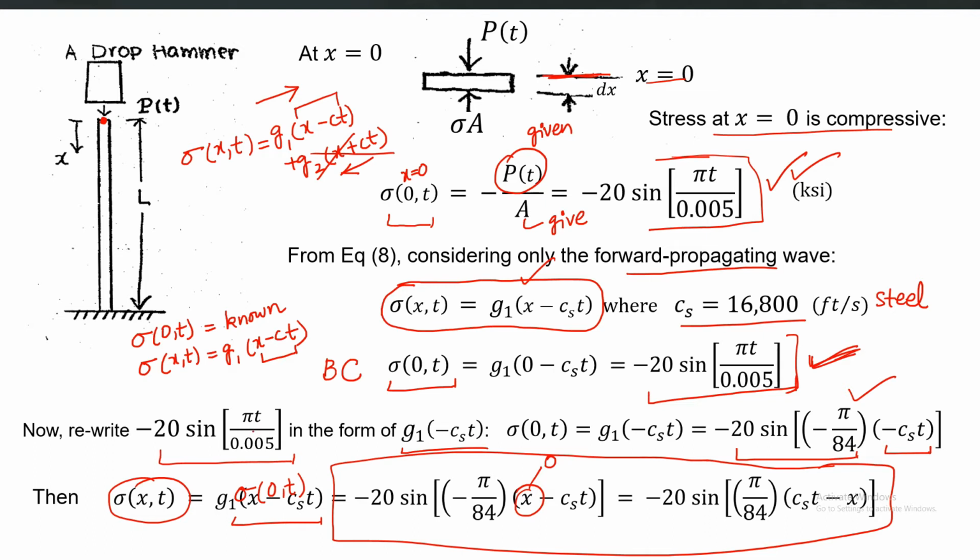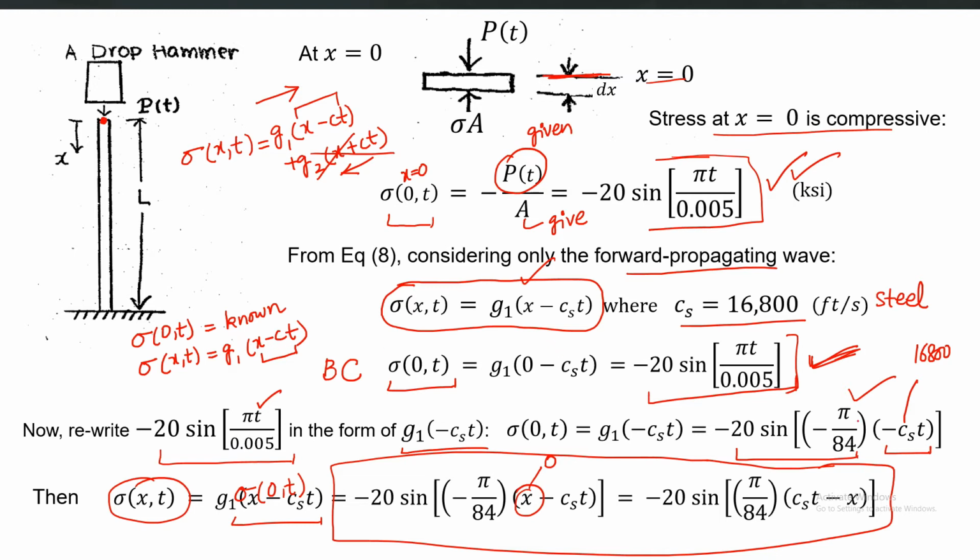We just write it, because t was already there and c is a constant number with a value of 16,800, in such a manner that it is multiplied by minus c t. See, if you put c equal to 16,800 and calculate this whole constant, you will get the same pi over 0.005. So it's just making it forcefully a function of something which we already know.